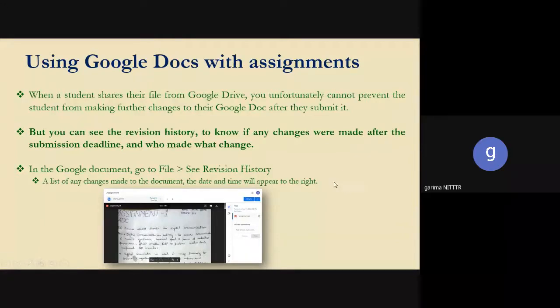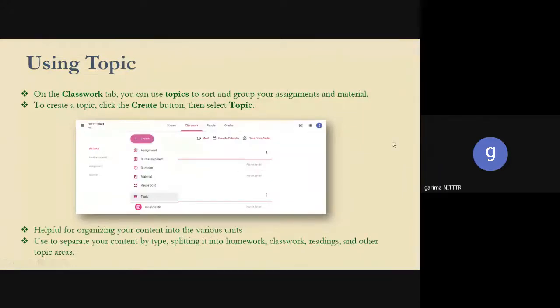So you can also create topics to bifurcate your materials, your assignments. For example, when you go to the classwork tab, the last option in create is topic. When you click on this topic, you'll select a material. For example, I have created this topic lecture material. So all the materials related to my subject, lecture material, will be provided in this particular topic. Assignments will be provided in this particular topic. Some questions, old question papers, some additional questions I want to share with them, I'll provide in this particular topic. So it is easy for me to track.